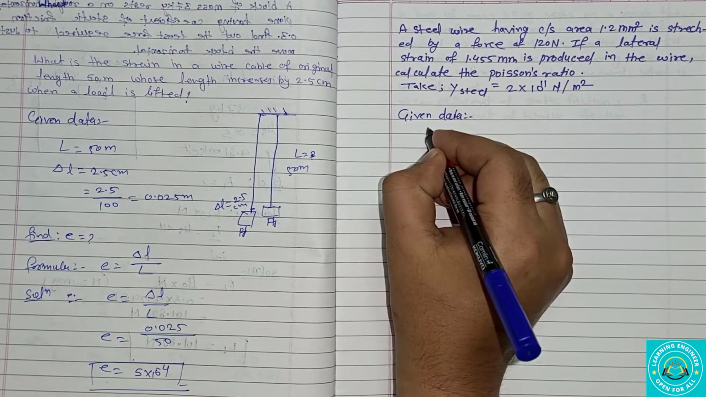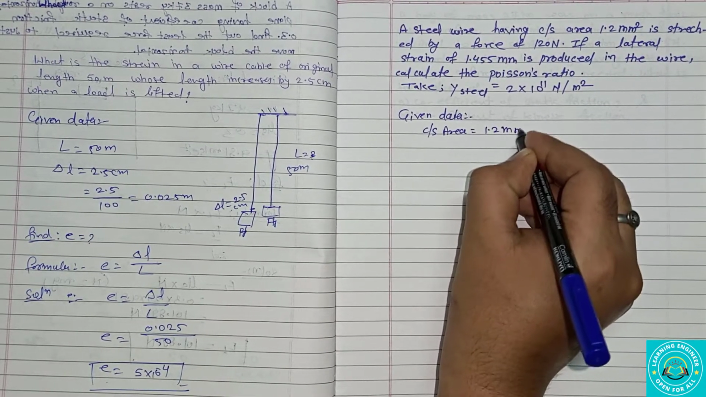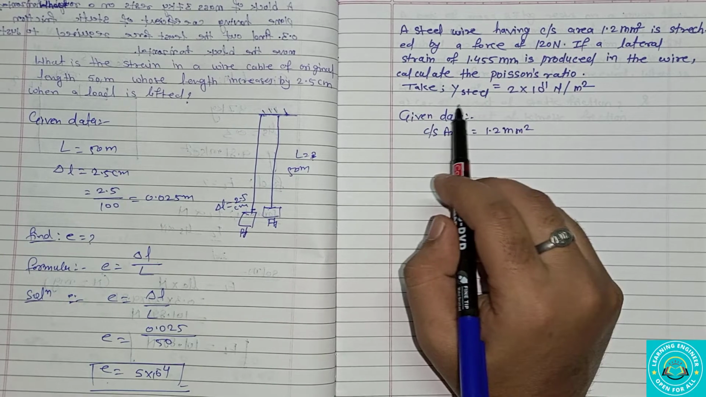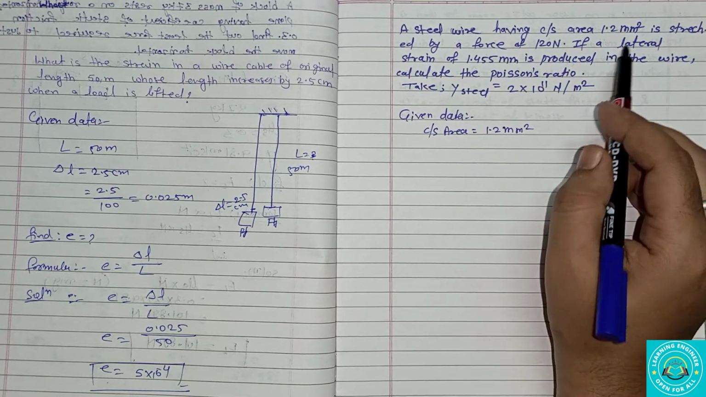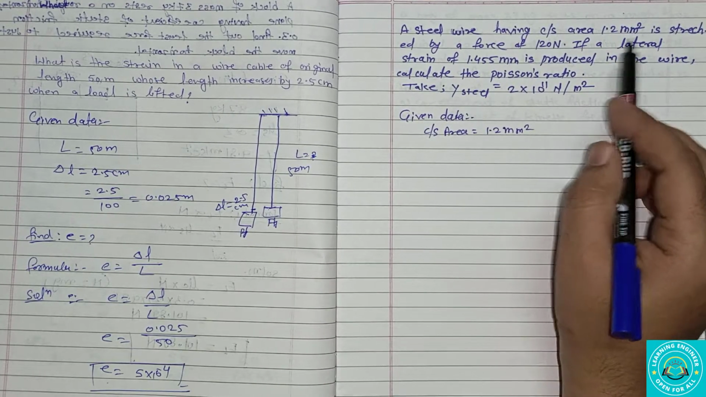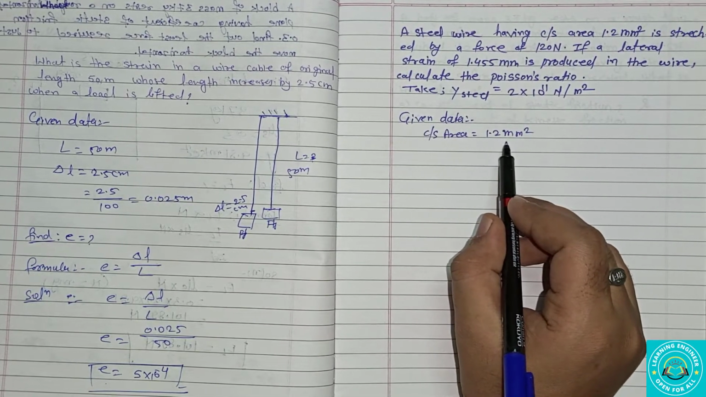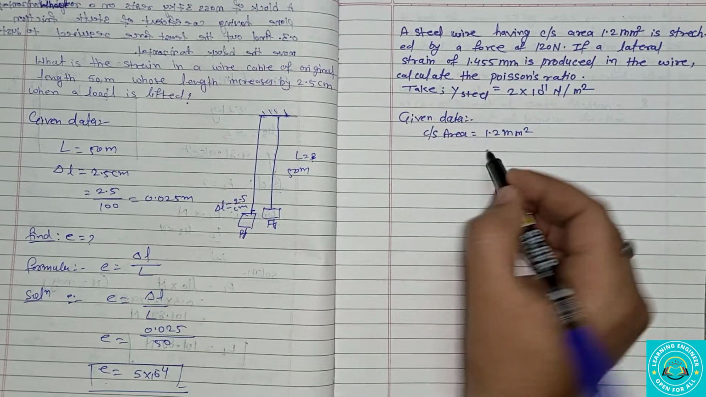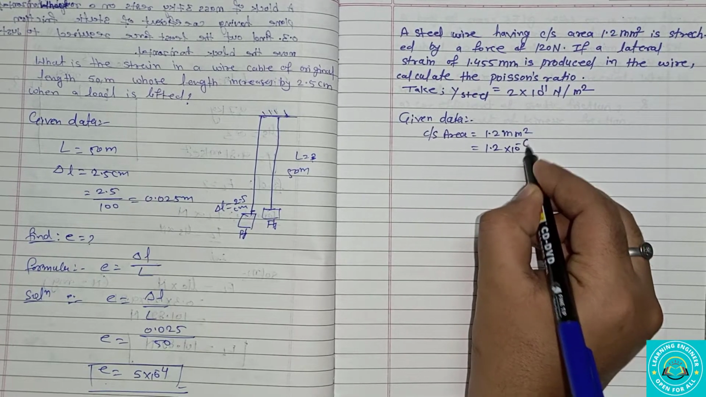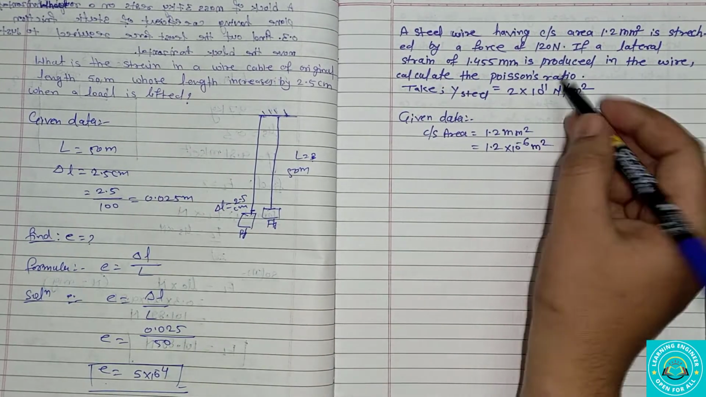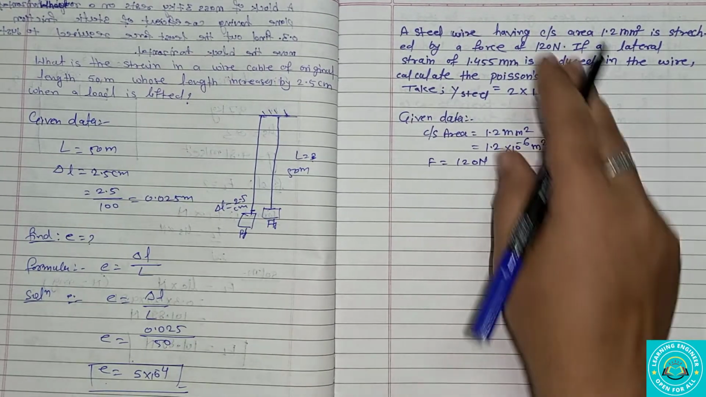The first, area of cross section is given, so cross sectional area of a steel wire is 1.2 mm square. Now the Young's modulus of steel is given in terms of Newton per meter square, so I am converting each and every unit into meter. Therefore 1.2 mm square, I'm converting it into meter, that is 1.2 into 10 raised to power minus 6 meter square. Second, the force is given, that is F equals 120 Newton,